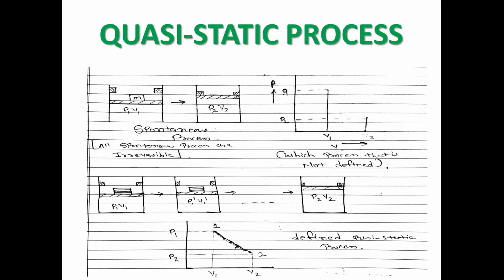So the process will occur spontaneously, and all spontaneous processes are actually irreversible. This process we can define on a pressure and volume diagram, but this is a process which is not defined because it occurs spontaneously. We cannot say which process has been done over here. It could be any